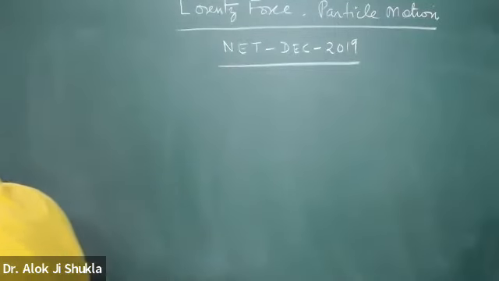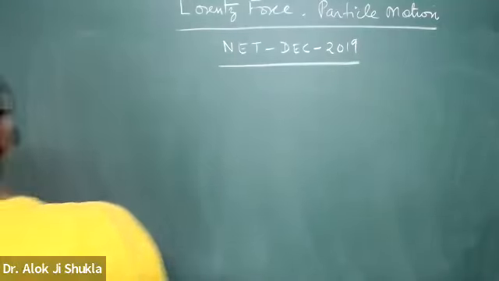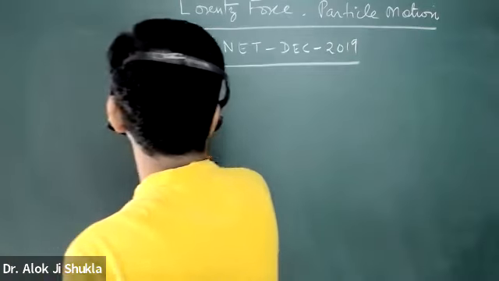So a positively charged particle is placed at the origin with a zero initial velocity in the presence of constant electric and magnetic field. So this is actually a very famous case